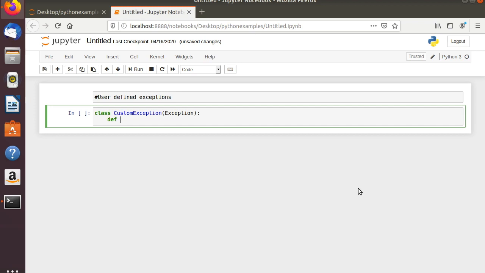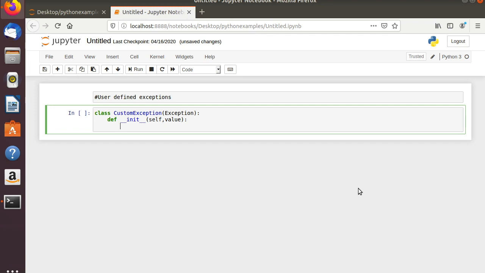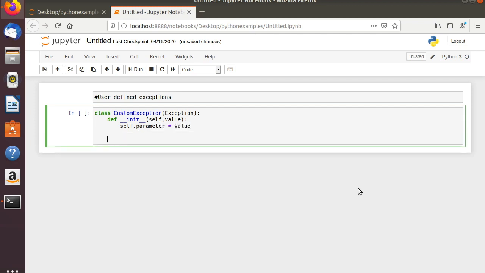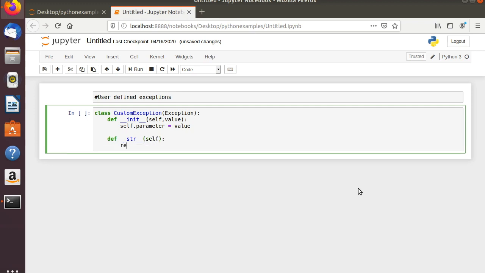Let me write a few definitions. __init__ with self and value, then self.parameter equals value. Let me create another one, __str__, then we will write self, then return repr,